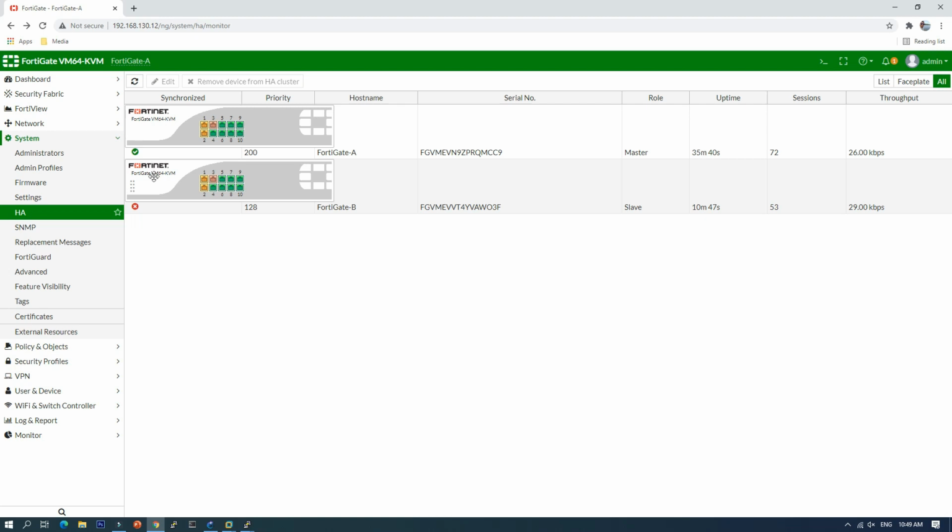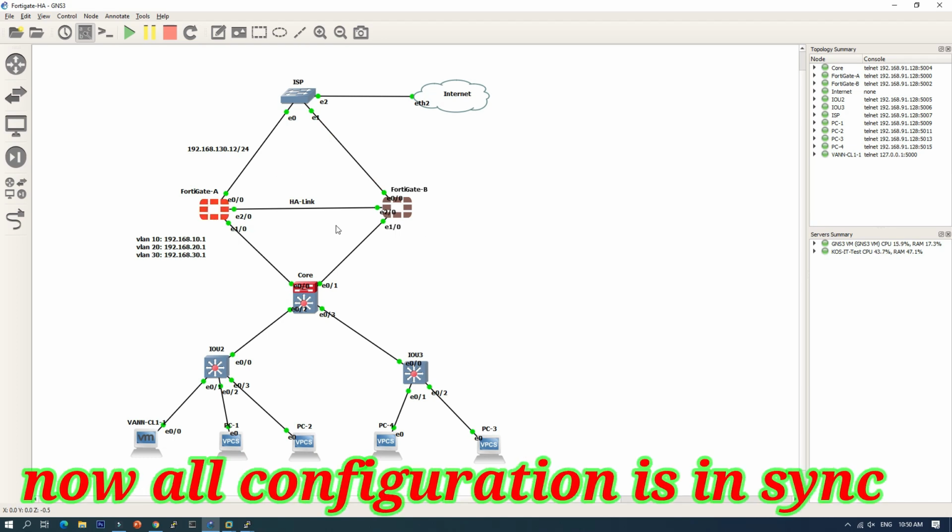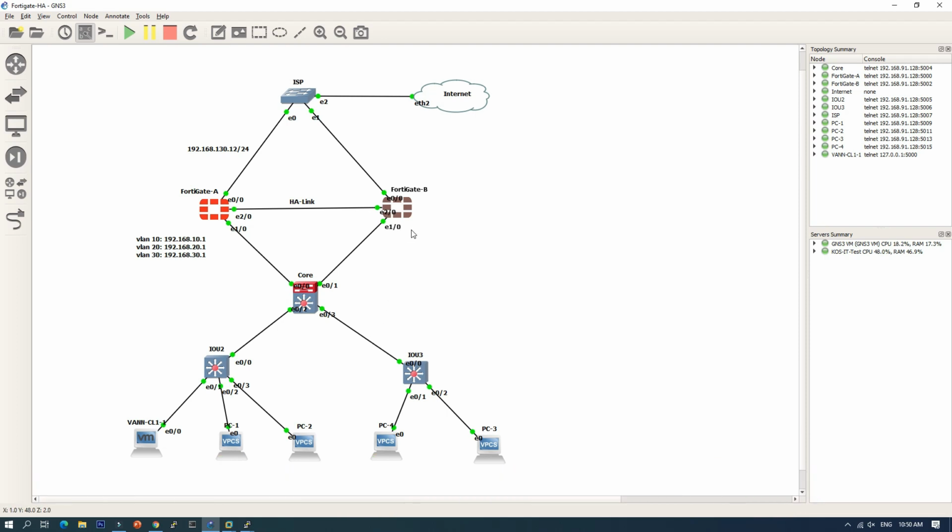Why does this one still show red? Anyway, all the configuration is synchronized, and as you saw before, FortiGate B is brand new, so no configuration at all.